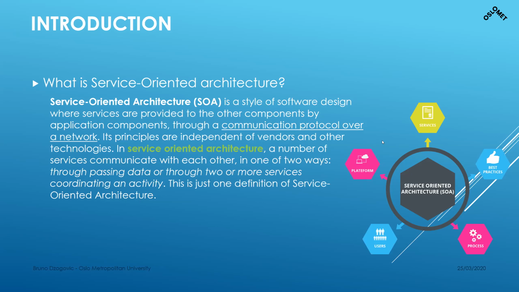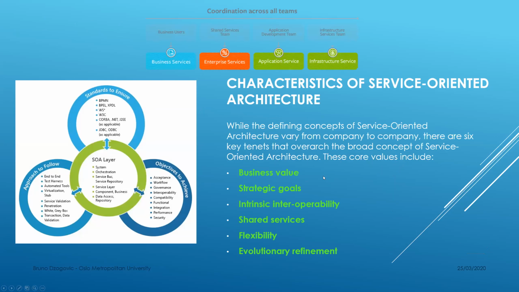The key component in a service-oriented architecture is that services communicate with each other through a network. So they're interconnected through either physical or SDN network. So this is a very important thing to remember. That depends on a company, of course. You will hear different definitions of service-oriented architectures, like Microsoft will tell you different from IBM, from Cisco, etc. So it really depends on what the company is implementing.